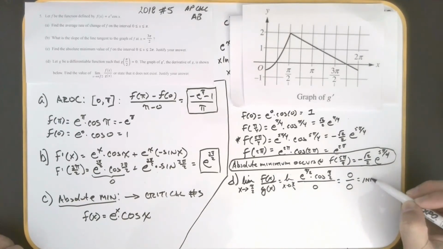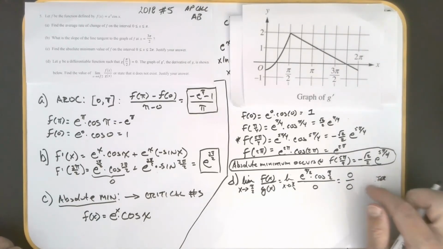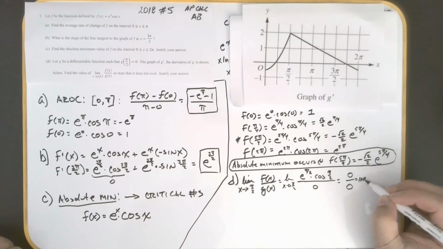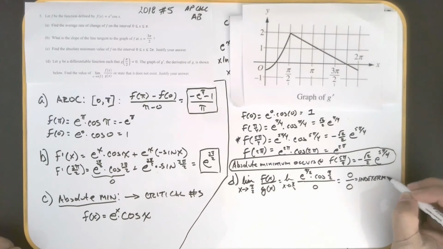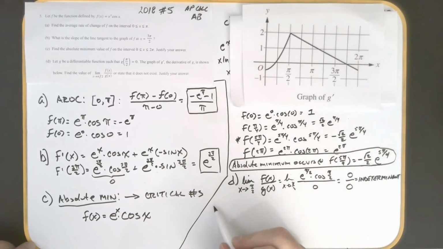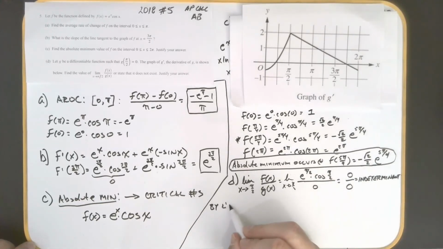So this was new vocab. New vocab here, which we said this is indeterminate. Indeterminate, because I can't determine what's going on here, because it's 0 over 0. Well, L'Hopital's rule says when you have indeterminate form, there's 7 of them. This is the one you need to be worried about. So by L'Hopital's rule,